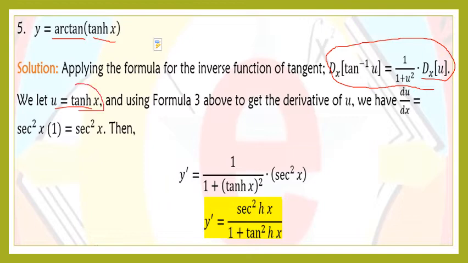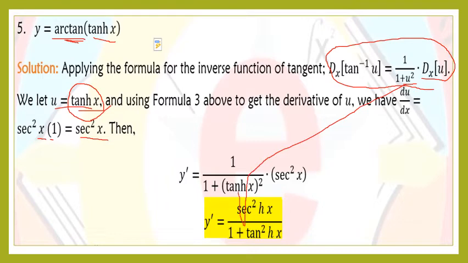The derivative of tangent h of x is secant squared of x times 1, because the derivative of x is 1, so this is just equal to secant squared of x. Then for y prime, we apply the formula for arctangent, since the given function is arctangent. Using this formula, we have 1 over 1 plus, where we replace u